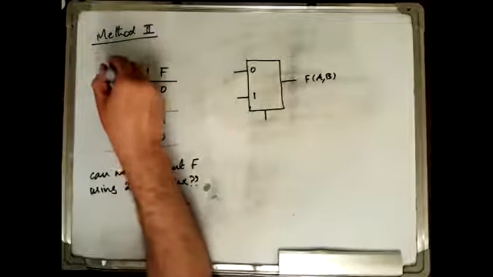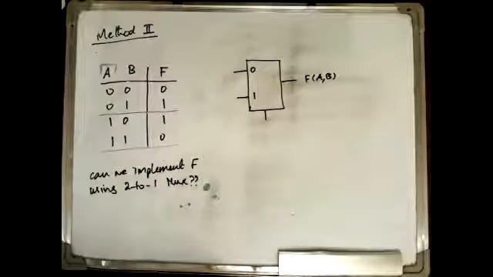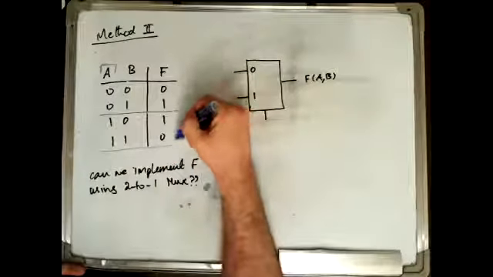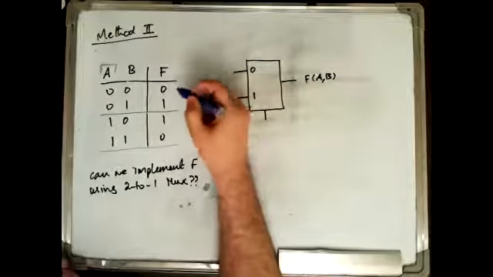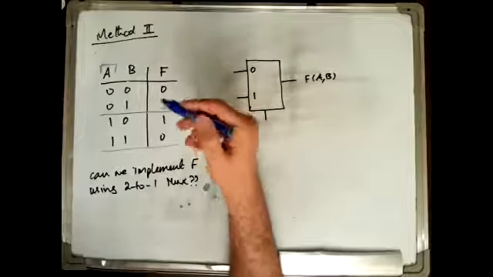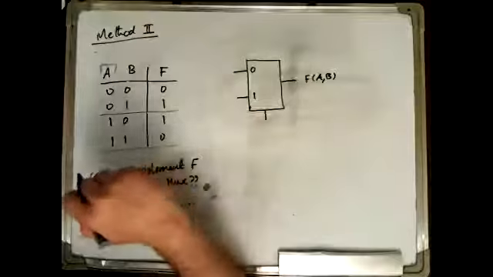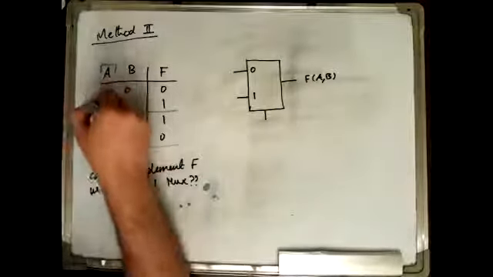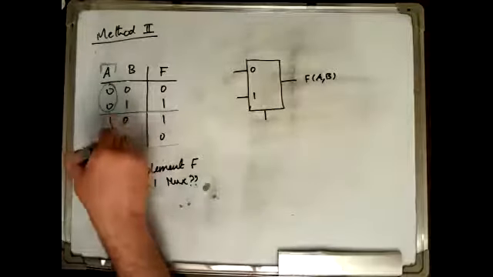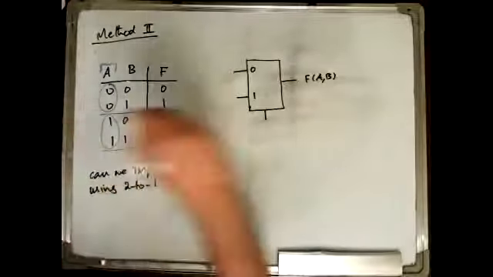I am using variable A to divide the big truth table into 2 smaller truth tables, if you like, or 2 sections, as we did when we constructed big multiplexers from smaller ones and big decoders from smaller ones. And this section has the same value for A, and this section has the same value of A. So if I connect A here,